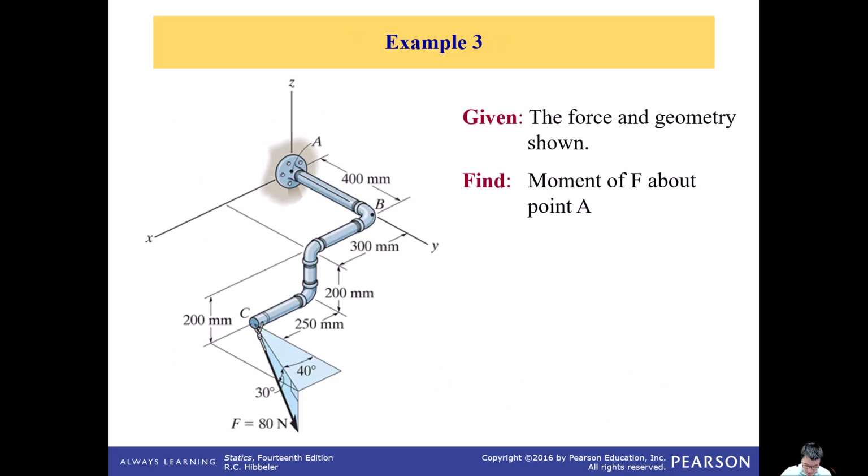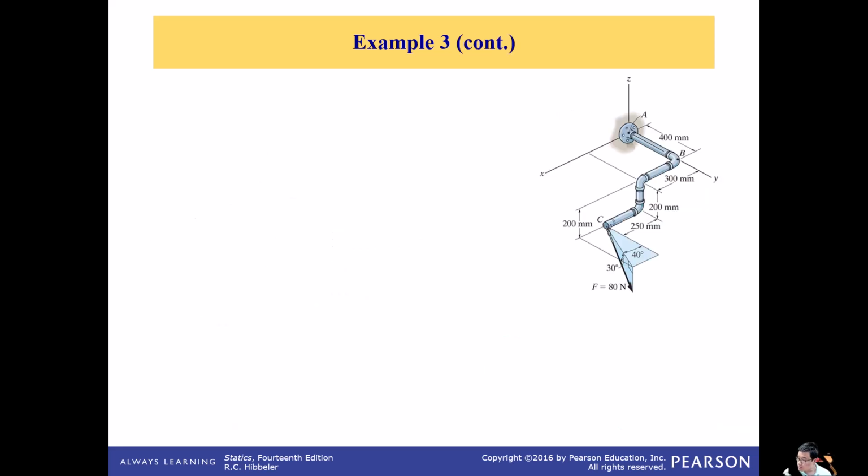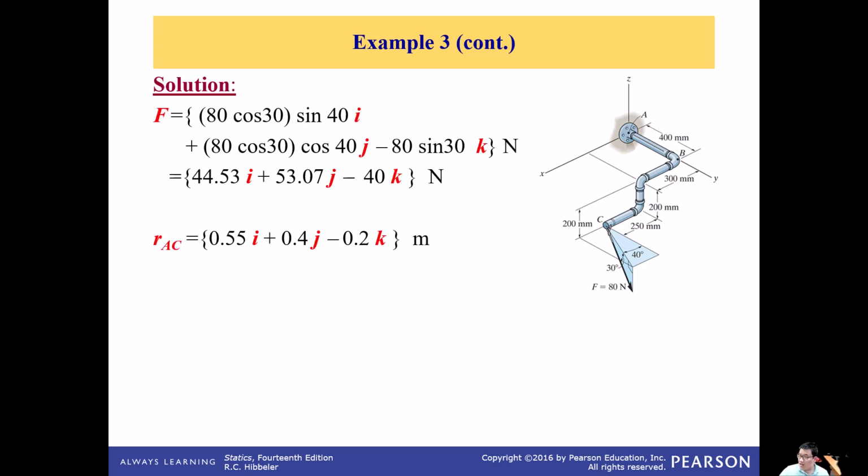Okay, another example. Find the moment of F about the point A. First we need to find the F and RAC, and then the moment of F about point A will be RAC cross product of the F. So here's the solution. But before you look into the further solution, I suggest you pause this video and work on this by yourself first. So F will be